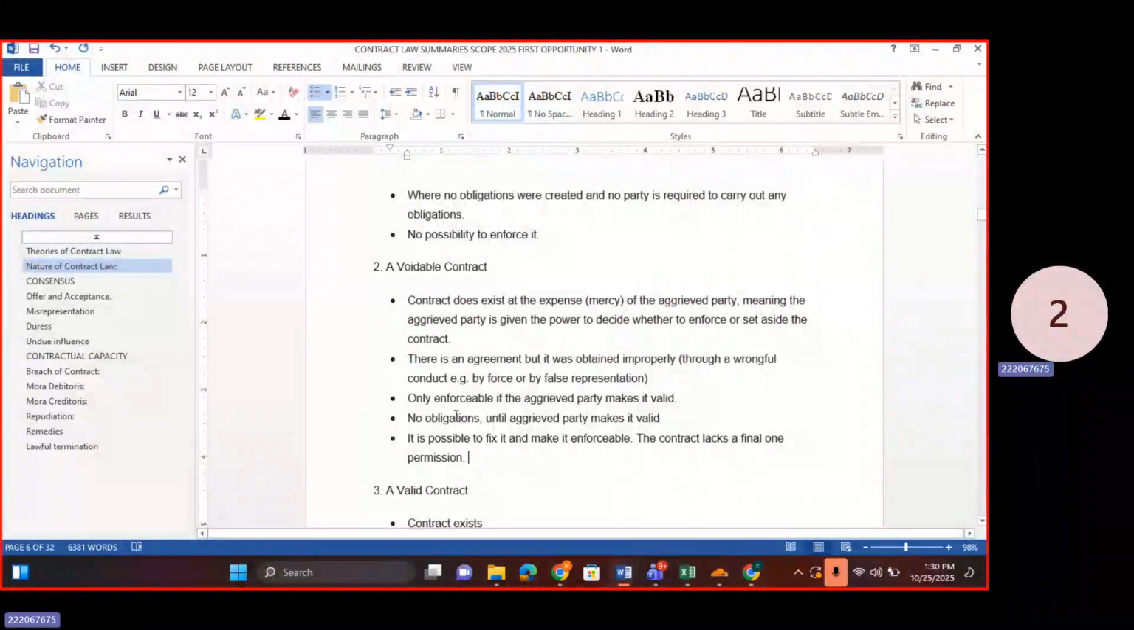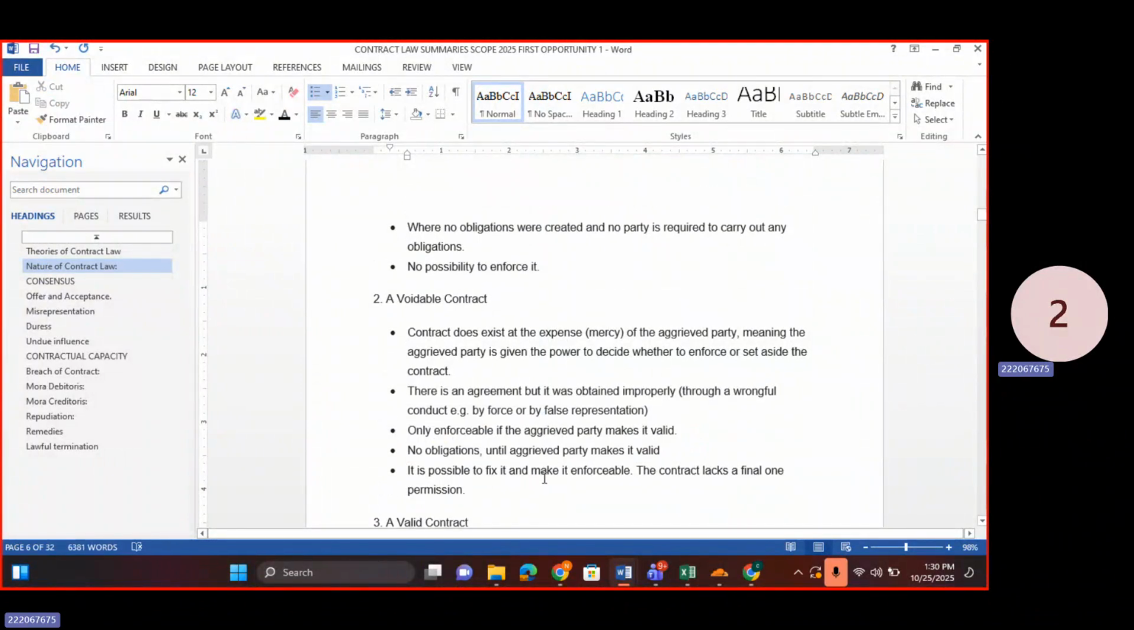But we'll get into it when we really discuss contractual capacity and consensus, because that's where you really see the different states of a contract coming into play. But avoidable contract means that it's only enforceable if the aggrieved party makes it valid. No obligations exist until the aggrieved party makes it valid. So avoidable contract is more of, it's not finished. We're not done. Everything is